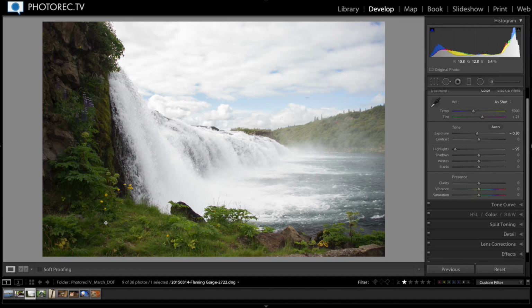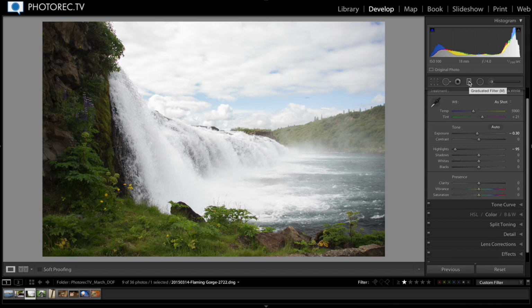I love the composition. I think that the waterfall is really nicely framed between the left and the right parts of the frame. The right part being the green water that's already settled a little bit, and then the mountain at the top, and then the left part being those rocks that I was just talking about. I think that in order to make this photo a little bit more balanced, you should probably darken the right side a little bit more using